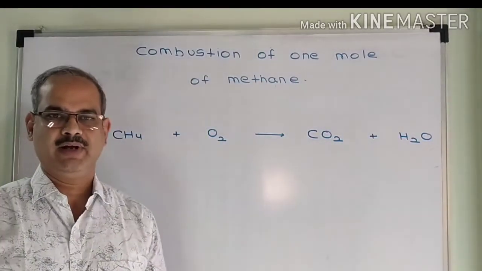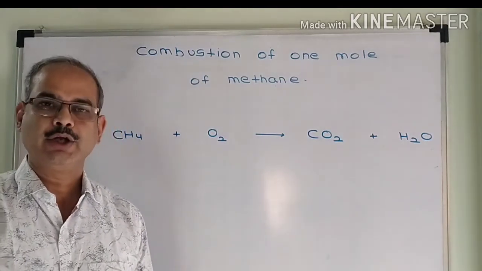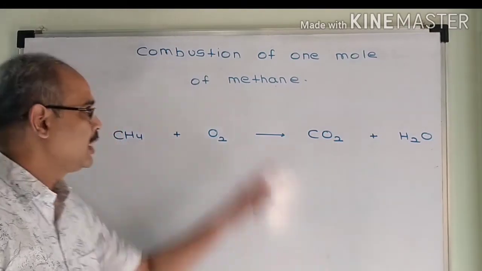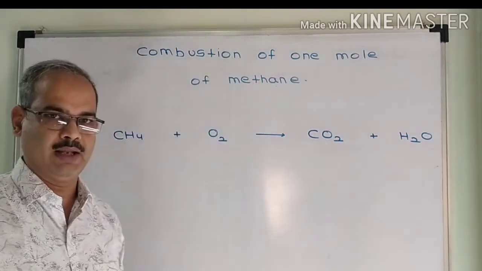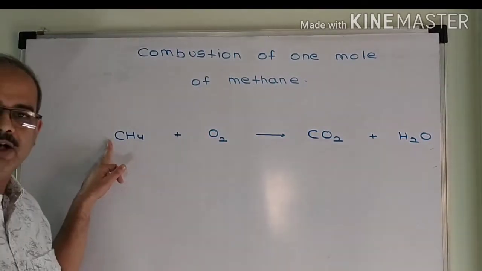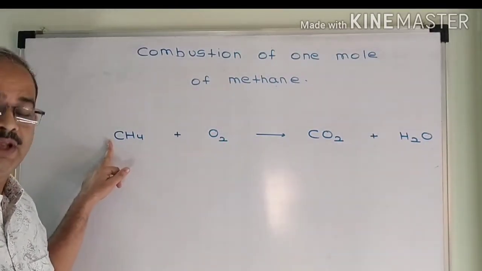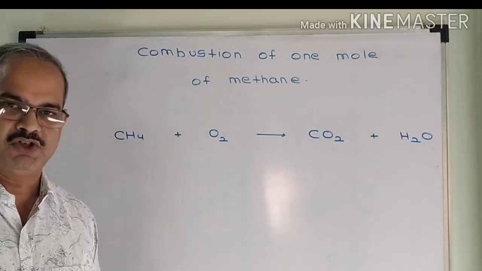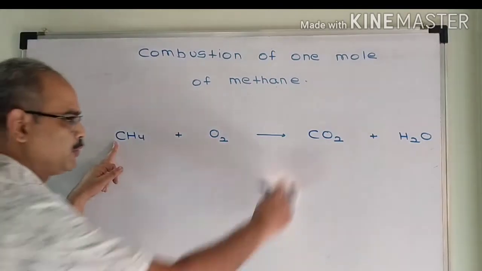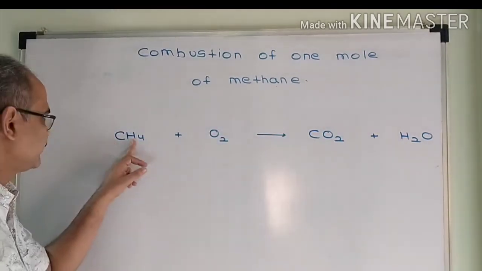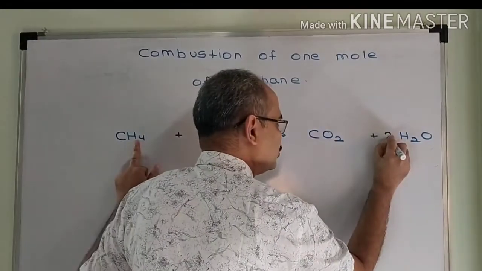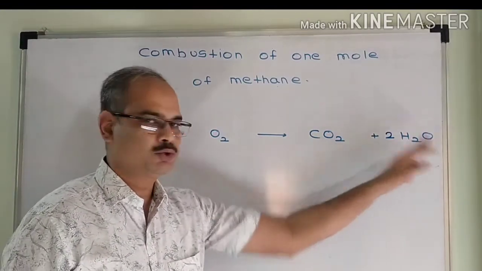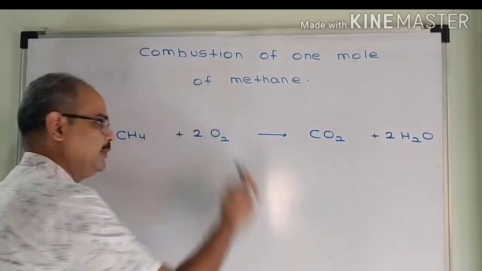The basic requirement for writing a thermochemical equation is that it should be a balanced chemical equation. So now I will balance this equation. I am carrying out combustion of 1 mole of methane, so while balancing the equation, I will not change the number of moles of methane. Never mind, for balancing I use fractional moles of the other species. There is only one carbon, so I will get 1 mole of carbon dioxide. There are 4 hydrogens, so I will get 2 moles of water. Now let us balance the oxygen. 2 plus 2, 4. So here oxygen will be 2 moles.